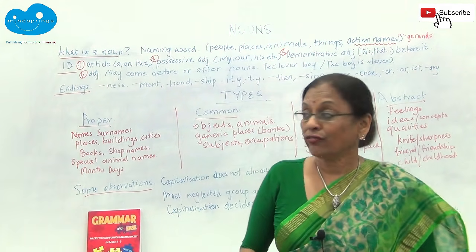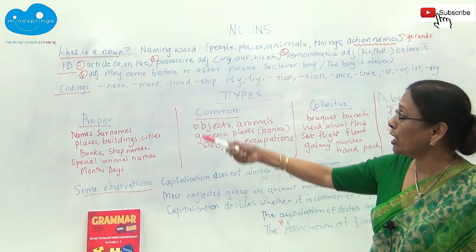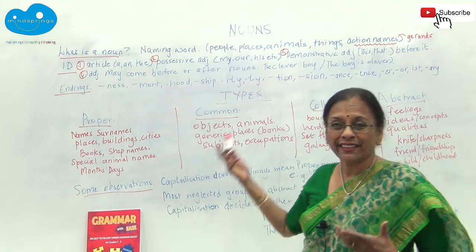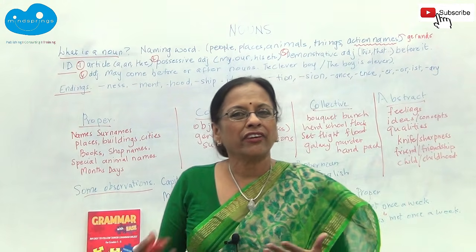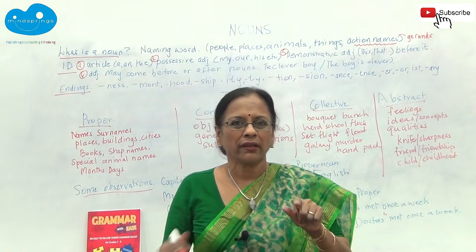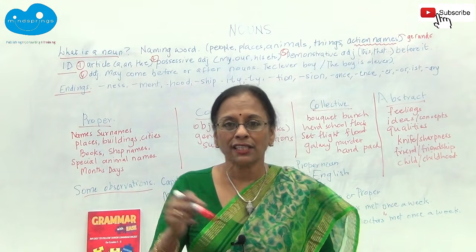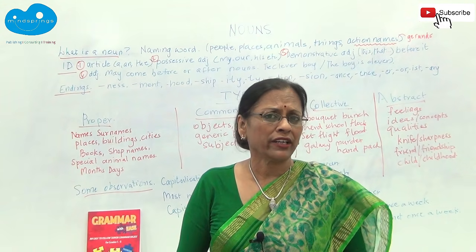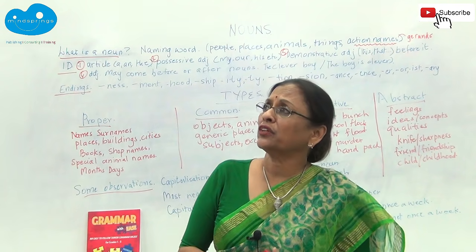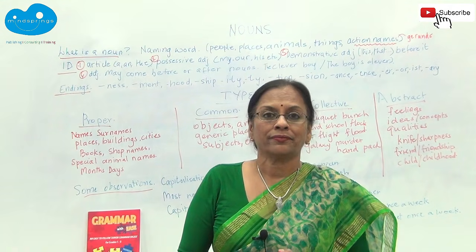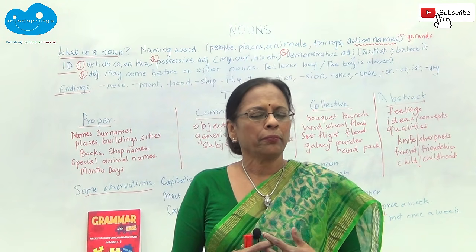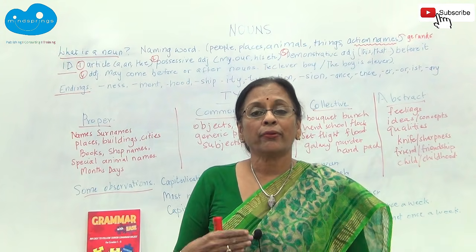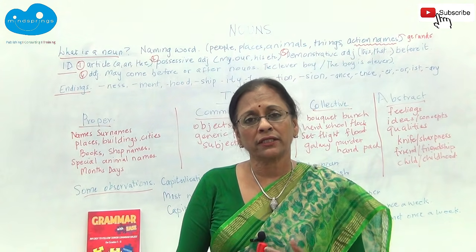So we come to the end of this beginning for nouns. Remember the 4 IDs that I gave you. Remember the endings, most of the endings. Try and identify them when you're reading a book or a novel or a newspaper and you say, oh, that's an abstract noun, that's an abstract noun. You know, in your mind you need to practice a little bit. And it can be quite fun. Actually, you look at an advertisement and you say, that's a proper noun, that's an abstract noun. Then you become an expert. Because you don't need any teacher, you are practicing quite heavily on a daily basis and you're having fun with it.